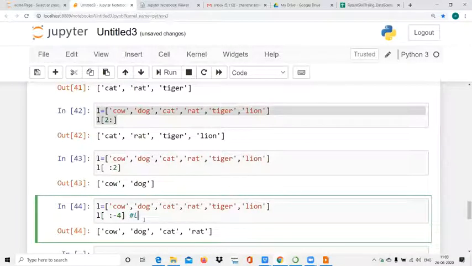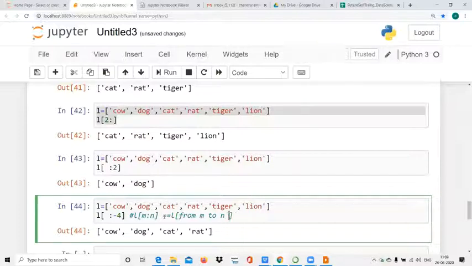Why is it so? Okay, see the comment. L[m:n] directly means L of from m to n minus 1 only.